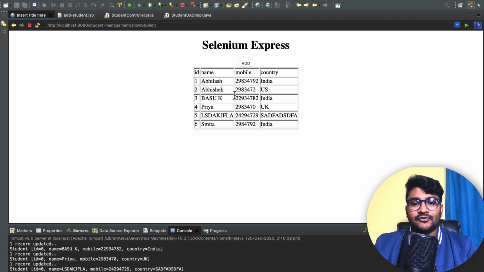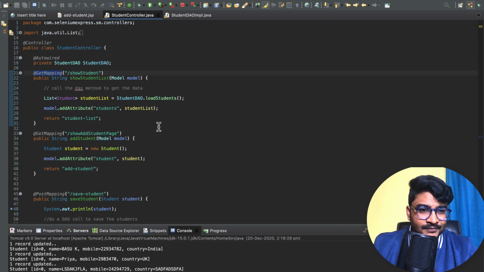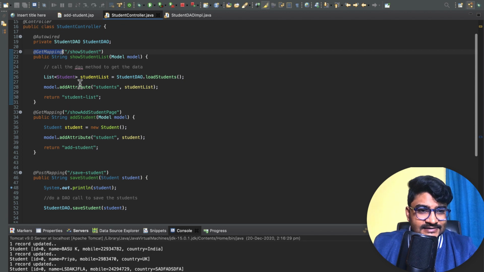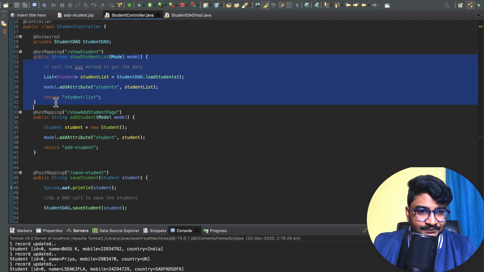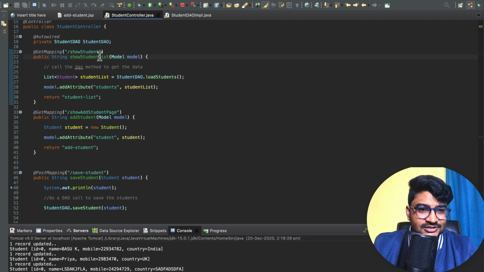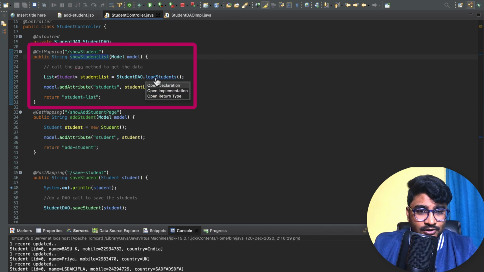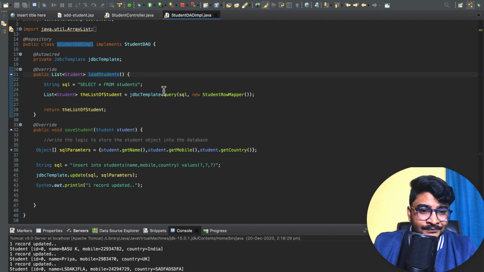I'm going to tell you what we are missing here. Basically, if I go to my controller, you can see inside each of my controller methods, maybe it is show student list, right here, that I'm doing some DAO call, right? From my controller itself, I'm doing a DAO call. See, studentDAO.loadStudents, and this loadStudents is basically going to execute this particular method,